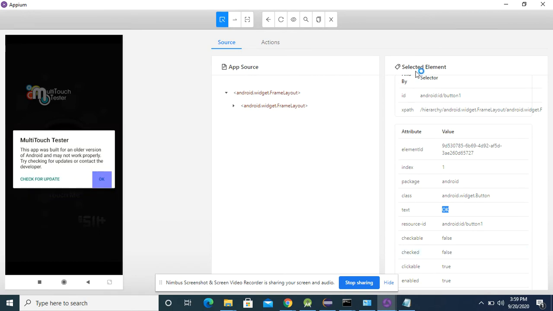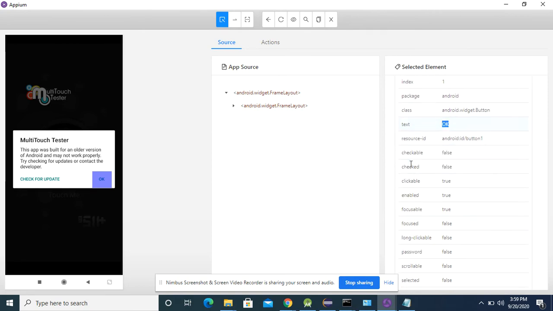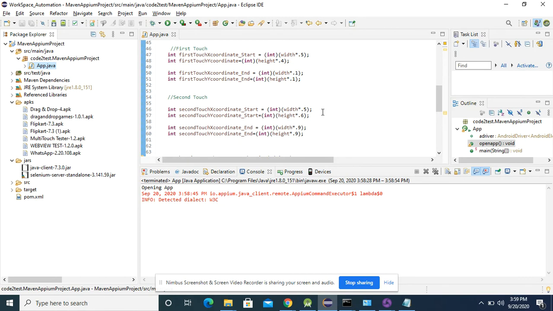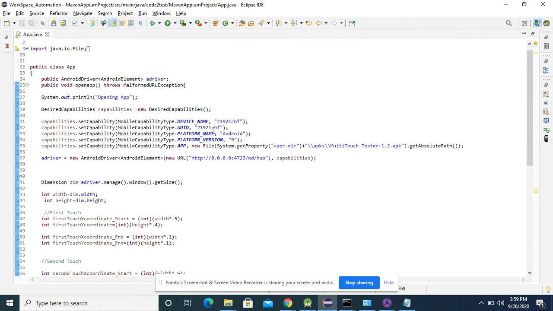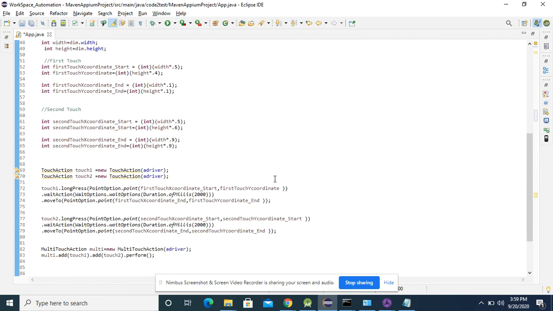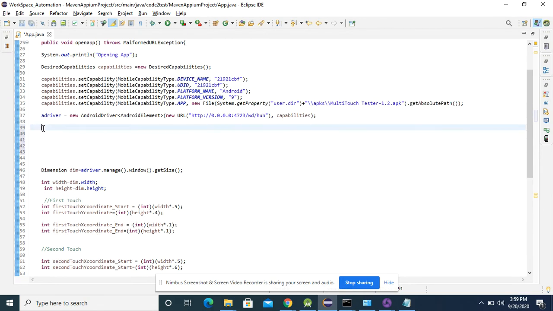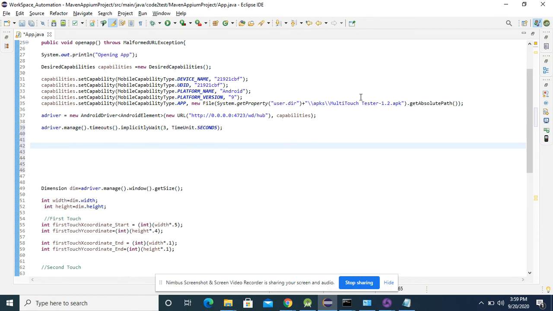Over here inside the UI Automator, I took the screenshot of this one, and these are all the attributes along with their values. There are multiple attributes you can take and handle this. I'm taking the text one. I have to handle this after the launch of this application. So after the launch of the application, let's wait the script for almost 3 seconds, and after that handle your pop-up window. And how will I handle my pop-up window?